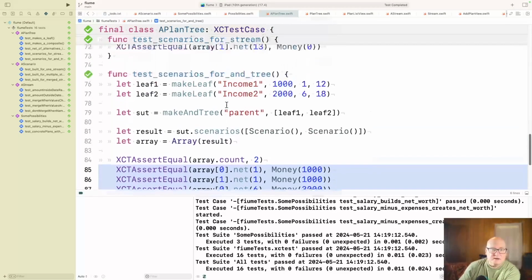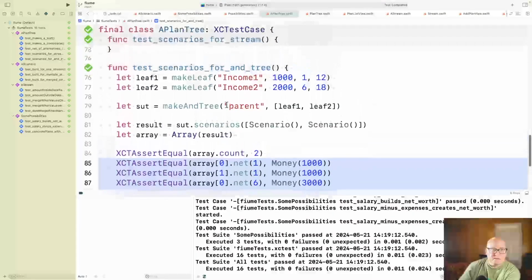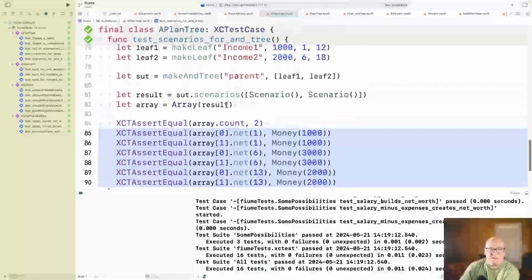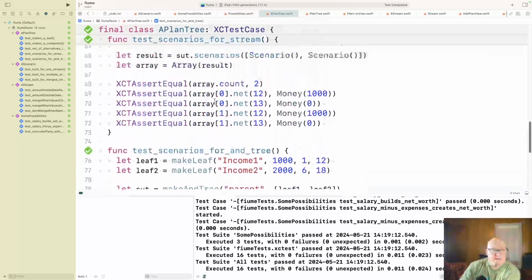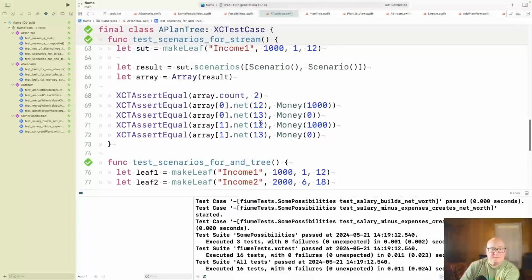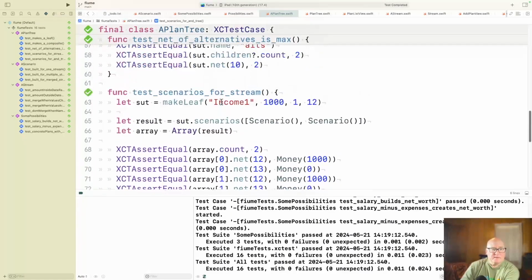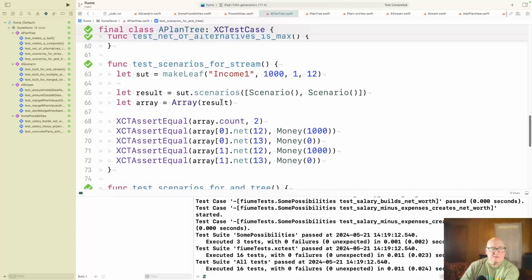Okay, yeah, we could do something. Is the other one like that? Yeah. This scenario is for a stream. I'm wondering if I can take 2 scenarios.